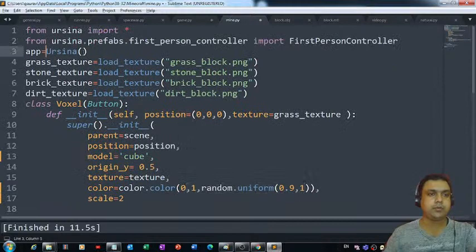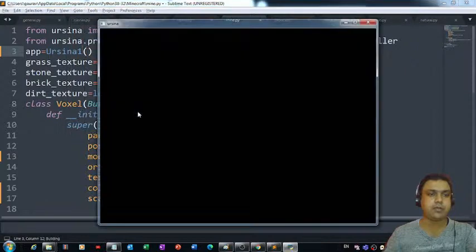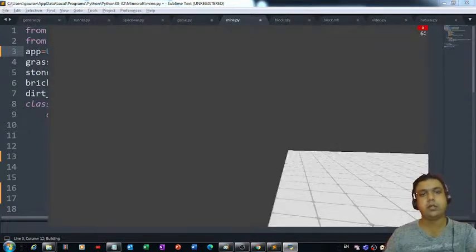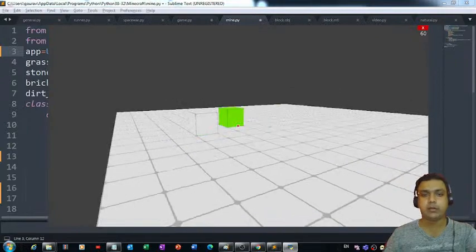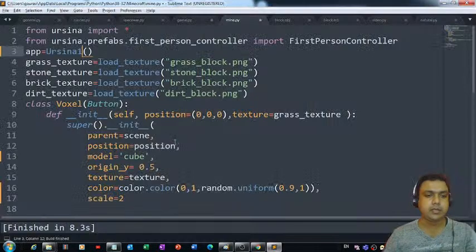App is equal to Ursina. If I change this to Ursina 1, let me see whether it will throw an error or not. It is not throwing any error. So I think it's not taking the updates which we are making here. See, if I change it to something like this,